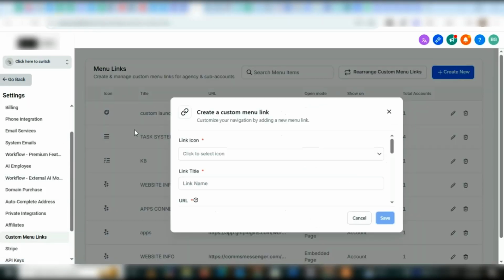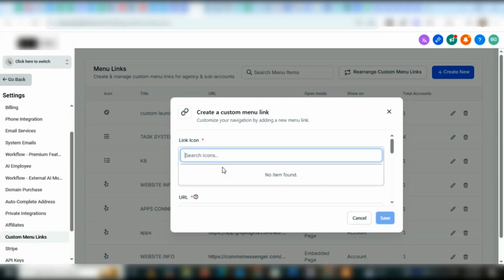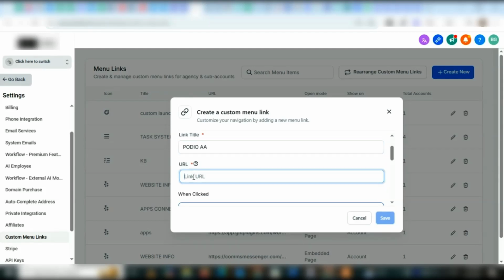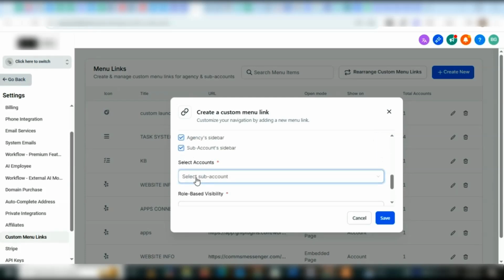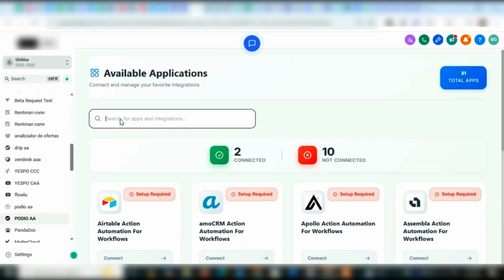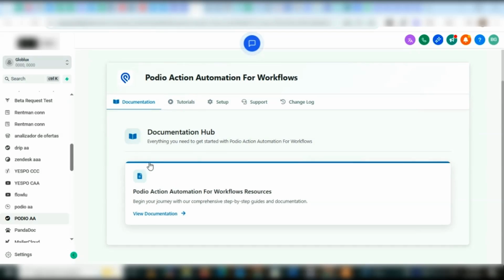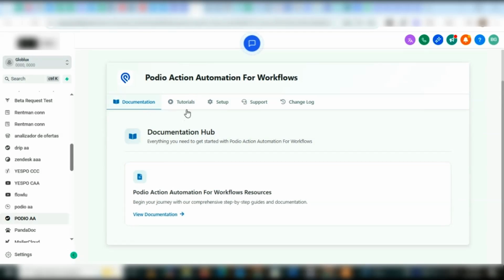Click on Create and select an icon. You're going to enter the link name, scroll down and paste your custom menu link. Scroll down and select your account. Search for your app. Then the interface of the app is going to pop up where you have access to the documentation, and